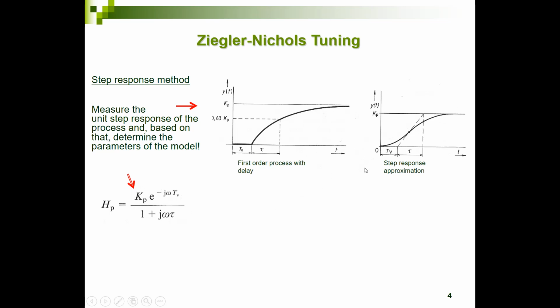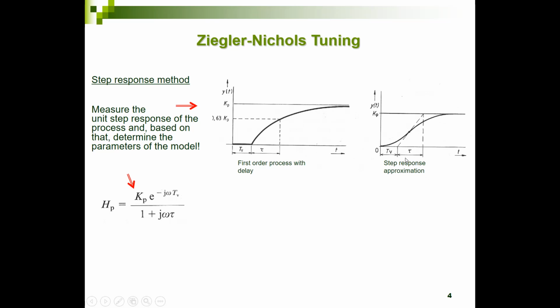But there's also another possibility in how the output signal could be visualized. Suppose that the output signal has this kind of a response. Then we could say, well, this looks like a delay, and there's something which we can call the time constant. What is the approach? Well, we look at the steepest point, draw the tangent line, and we have two intersection points, here at the end value and here at the zero crossing value. And the time between this intersection point and this intersection point, we call that time constant